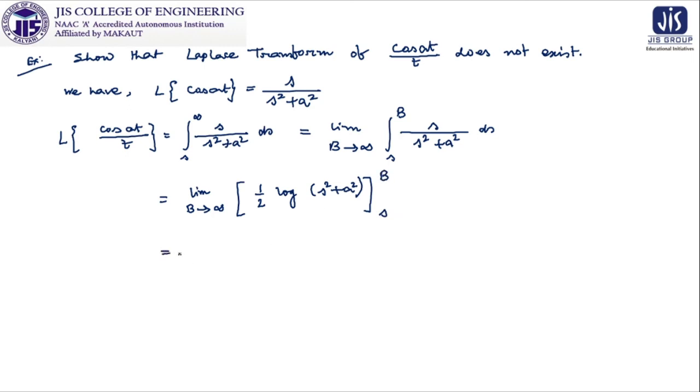Now while we are going to find out the limiting value, before that we have to substitute the lower limit and upper limit. We can write it as half of log of b square plus a square minus half of log of s square plus a square. Now the only thing remaining is the limit. The problem is that when we are trying to find out the limit,